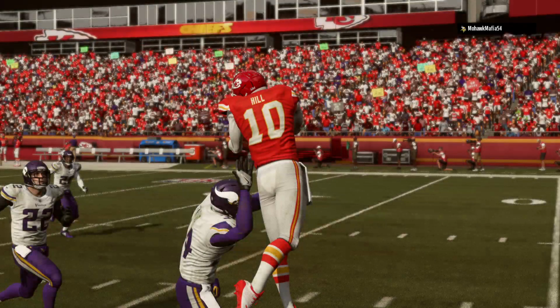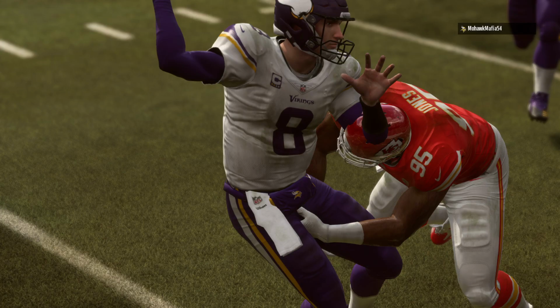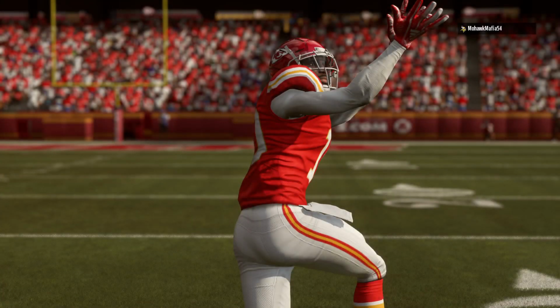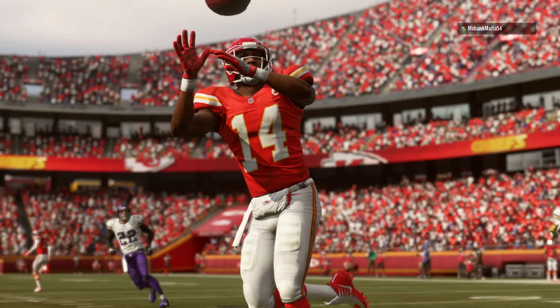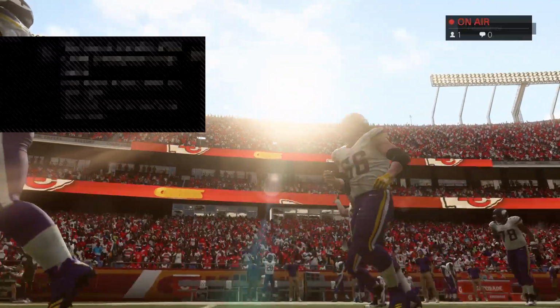A road win in the National Football League. Charles, you never take that for granted no matter who you're playing, no matter where you're playing. You take it and you run with it. And you know you primed the pump all week in your own home facility. No one thinks we can do this. Only in this room, and then you go on the